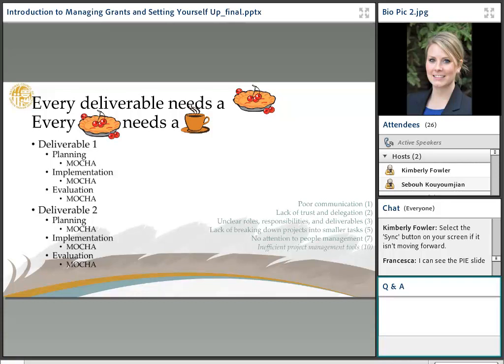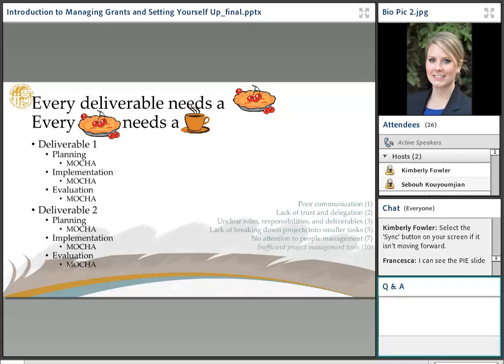And then somebody might, I don't know if you all have experienced this, but if somebody already has a lot on their plate and this wasn't communicated at the front, then it can turn into a difficult situation with that employee. And it can impact morale. So you just want to make sure that folks know where they're involved so they're not feeling like they're dropping the ball at any point in time. So again, this helps with communication, delegation, roles and responsibilities, and a lack of breaking down projects into smaller tasks.